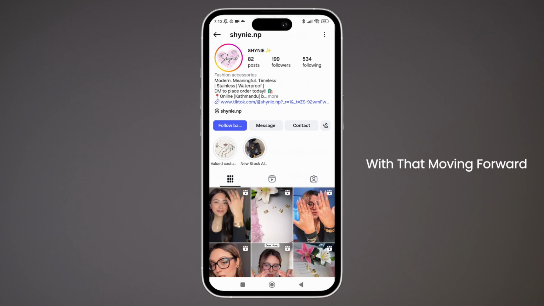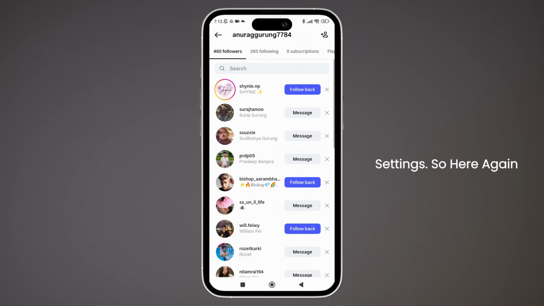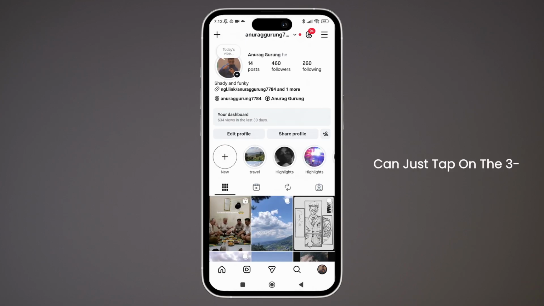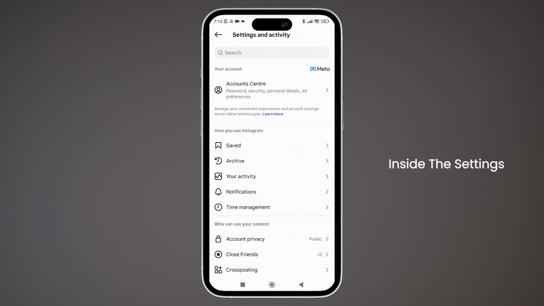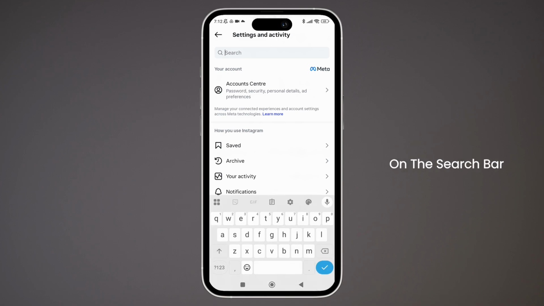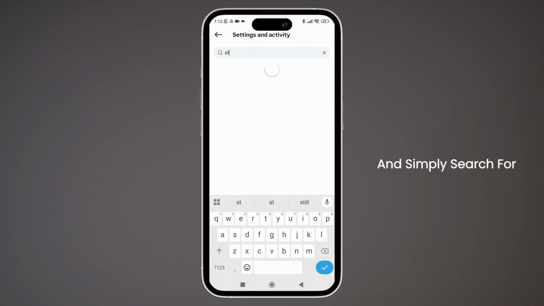And with that, moving forward to step 4, that is to adjust story and tagging settings. So here again, you can simply go back to your profile section and tap on the three dash icon. Now, once you are inside the settings section, simply tap on the search bar and search for the story, and there you can just tap on